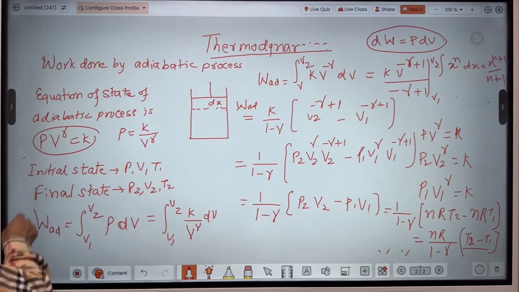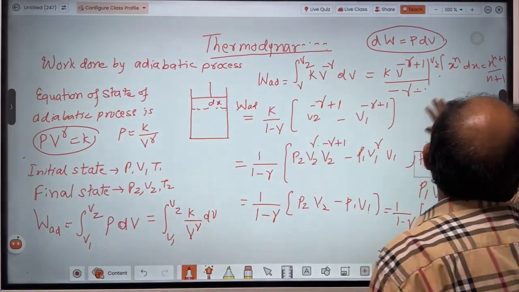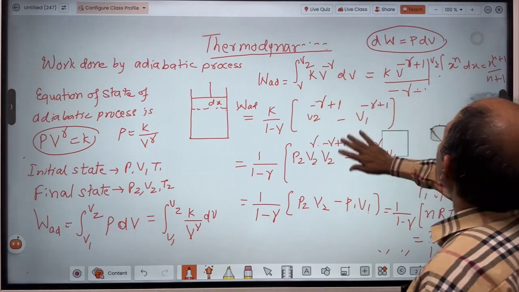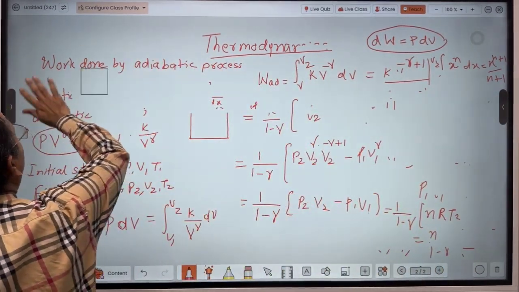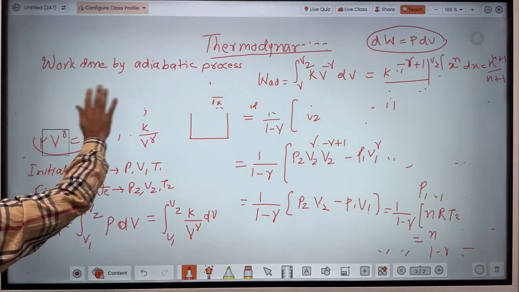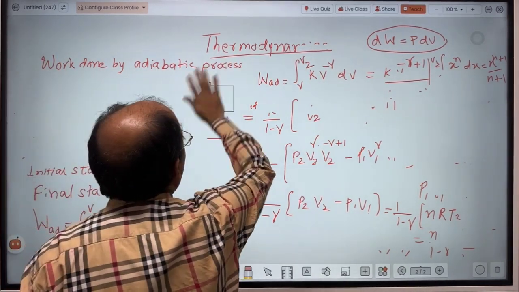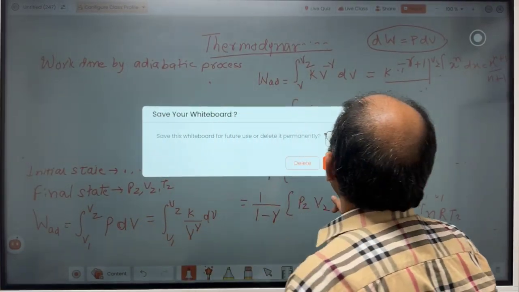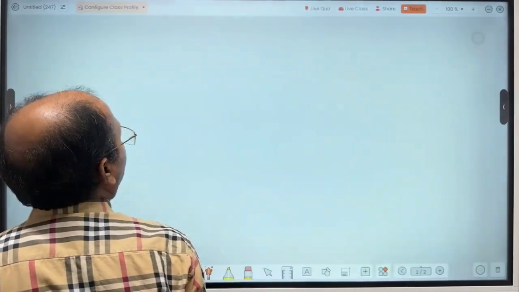And now we are going to see some more processes like the isochoric process. What does this mean? Isochoric process means volume is not changing. If volume is not changing, then what change will occur in the first law of thermodynamics? If you remember, in the first law of thermodynamics, the process involved is,